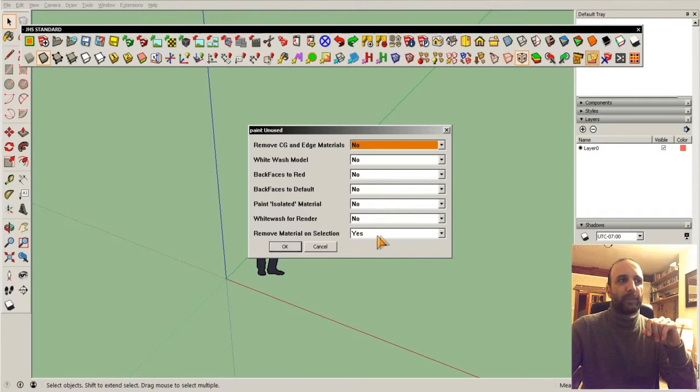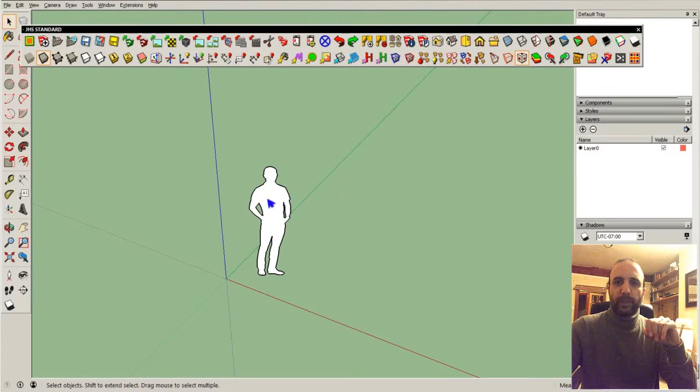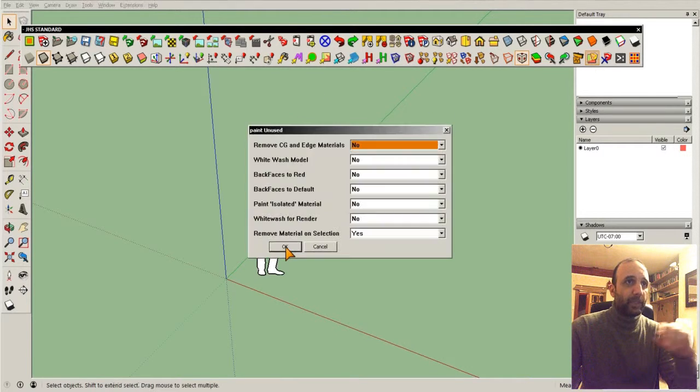Sometimes you might want to remove material on selection, have it as a yes, click OK, and of course all of the materials have been taken away. But if the option is set to off, it won't even ask, it'll just take all of the materials out. Or you can have, for example,